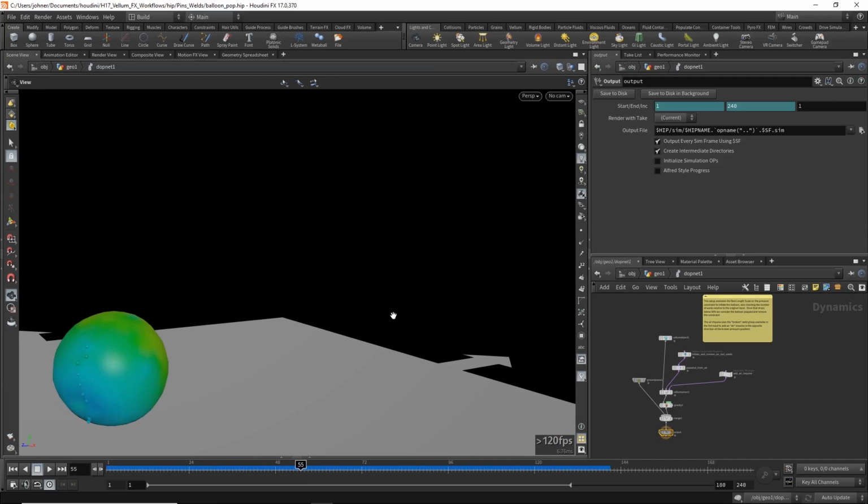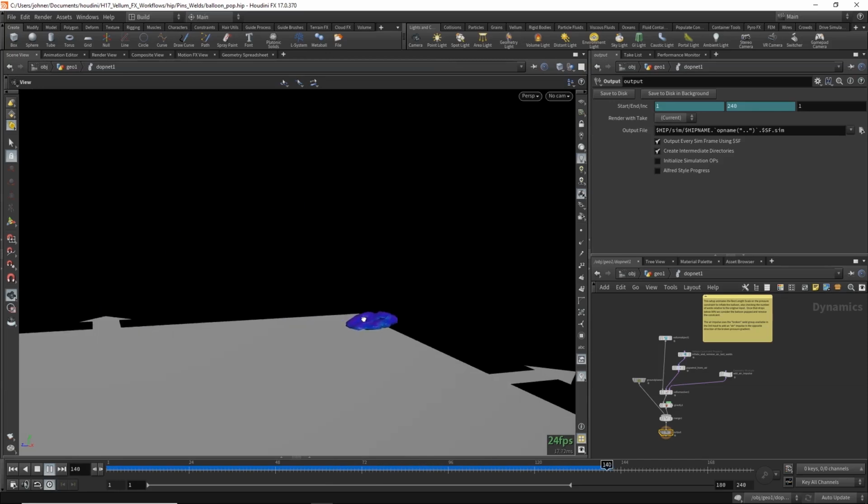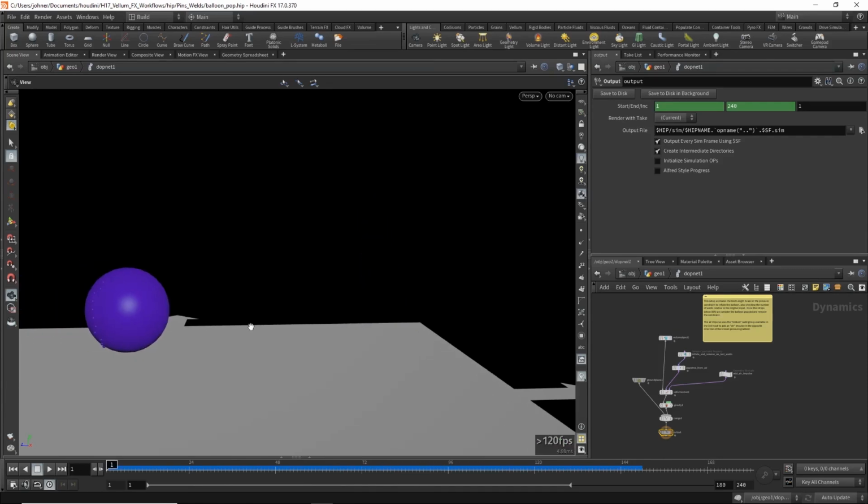We'll see we get these vectors that are showing us kind of where we need to apply an impulse to make it look like the air escaping the balloon is sort of shooting it across the scene. So now I'm going to start over and turn off a couple of these effects